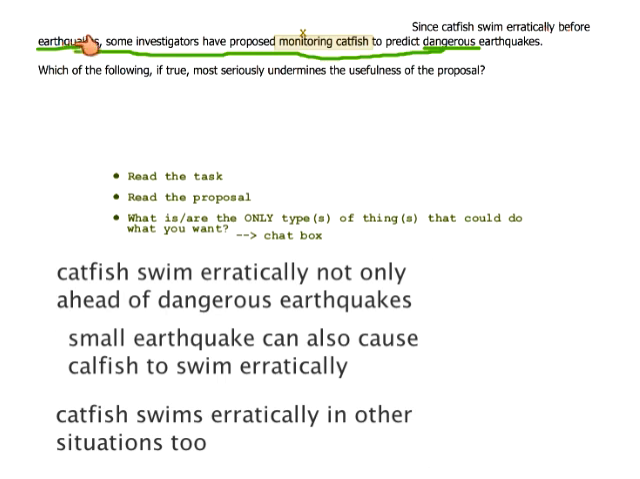Okay, so they do swim erratically before earthquakes. This is a thing. It happens. That's a fact, so you're not going to dispute that. And then also, if the proposal is to monitor catfish, then we know that monitoring catfish is a thing that we can do, because they're not going to propose X if X is not possible. But